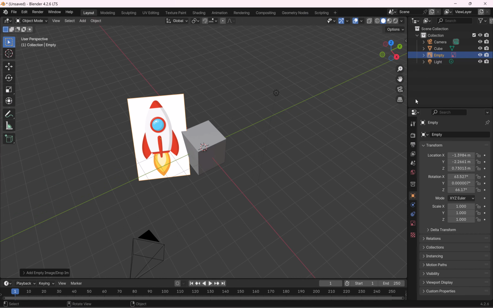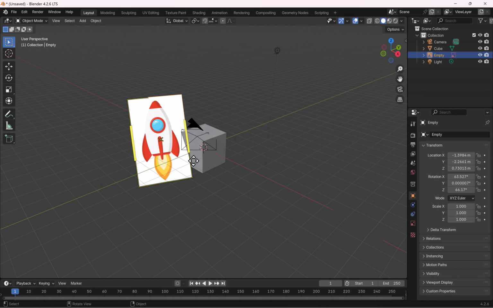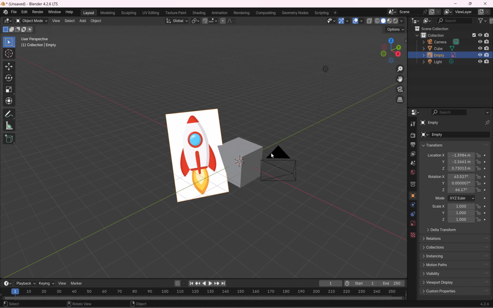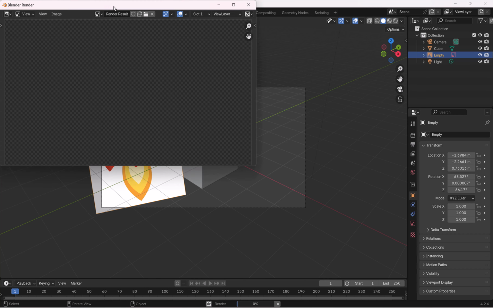It'll create something called an empty. What an empty does is it's an empty node, which all it does is display the image. So if I go into my camera and hit render, notice that,